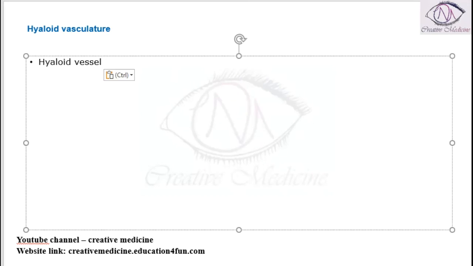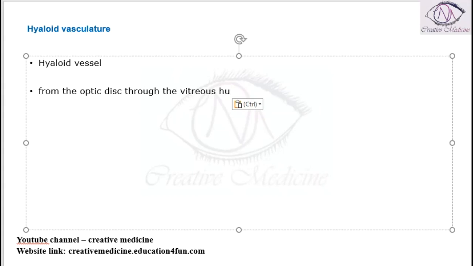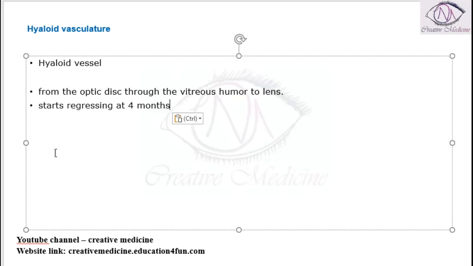These hyaloid vessels are present from the optic disc through the vitreous humor, and they reach to the lens. They are present in intrauterine life, and they start regressing by 4 months of age and completely disappear by 8 months. So if we see the picture,